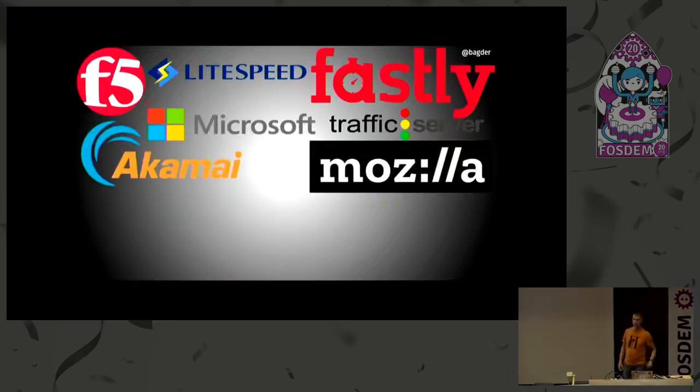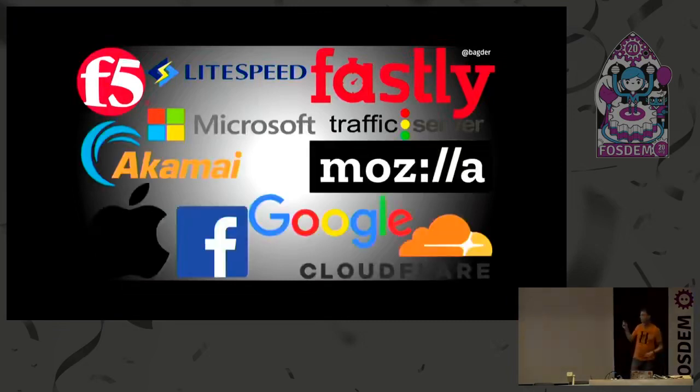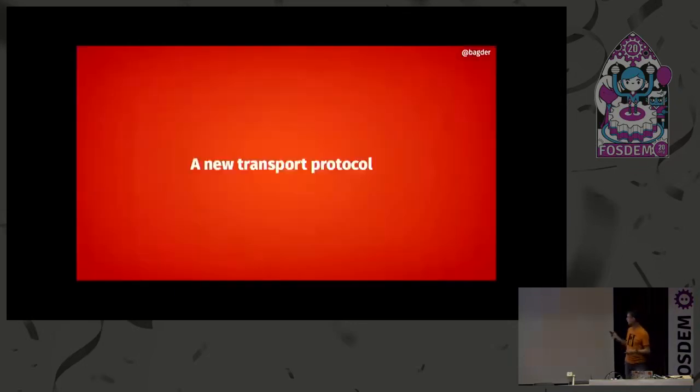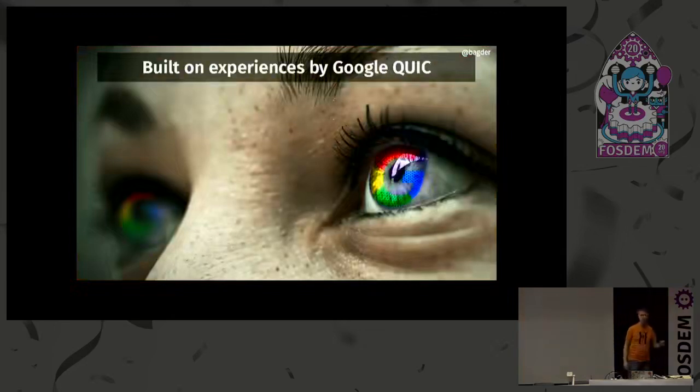So a lot of companies immediately took an interest in this. All of these and more are sending people to this working group in the IETF. And it has been a fierce participation and activity since it started in 2016. So this is a new transport protocol, even though I said you can't do it on the TCP and UDP layer, but still. So this is built again on experiments and tests from Google. Pretty much like they did with HTTP2. You remember they did SPDY, that became HTTP2 eventually from the IETF.